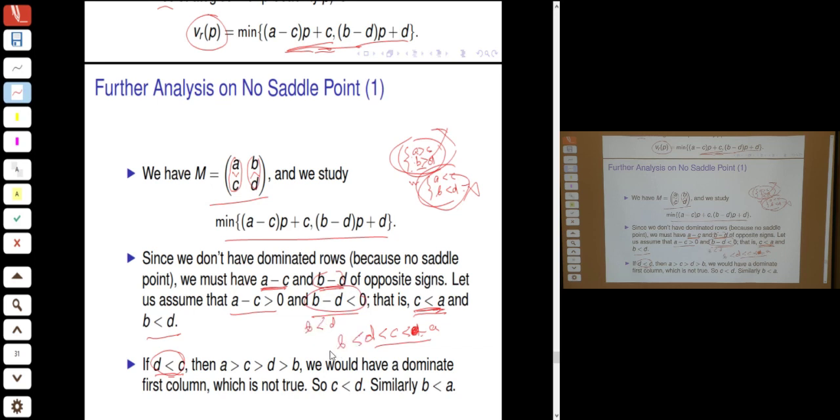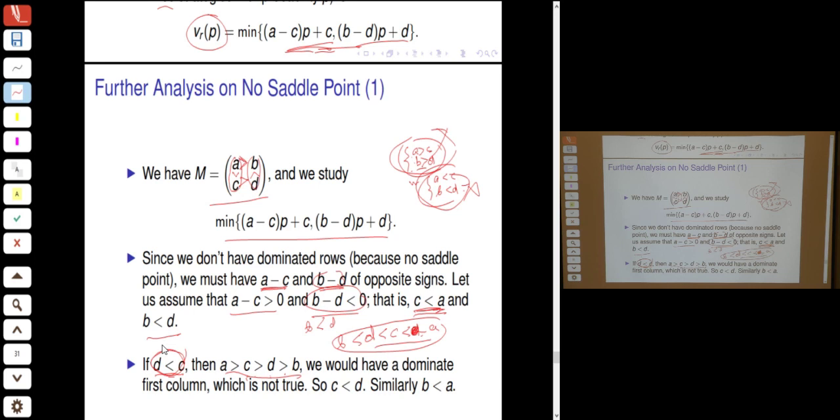But if you have this kind of an inequality, A bigger than C bigger than D, D bigger than B, then you notice that A is bigger than B and C is bigger than D. So if D less than C was true, then the column AC would dominate the column BD, which is also not allowed,